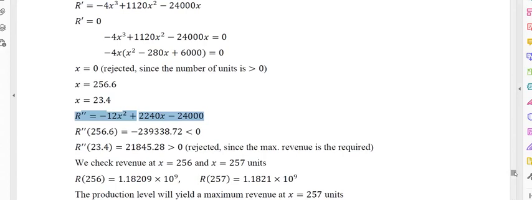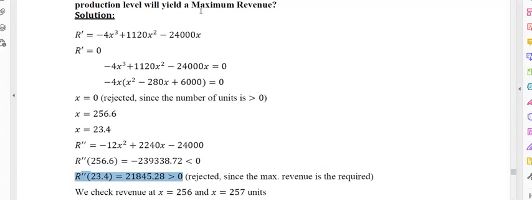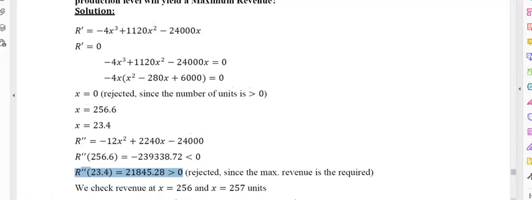The negative means that we have a maximum, and when the second derivative is positive, it means that we have a minimum value, and therefore the minimum here in the second point is rejected because this is a relative minimum, and the question says we need to maximize the revenue or get the production level, the x, which would yield a maximum revenue. So we will pick the 25.6,